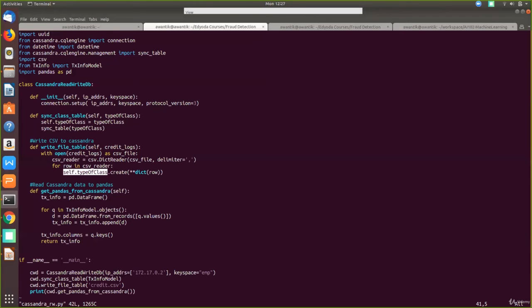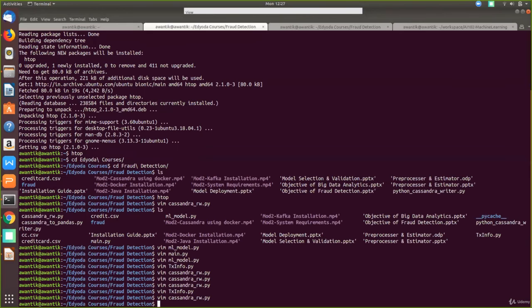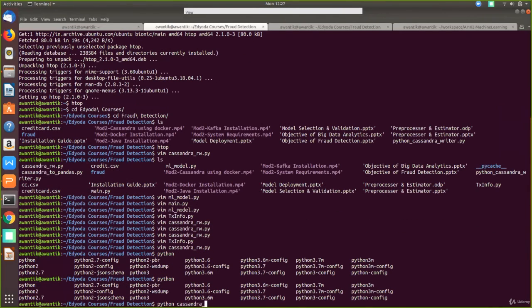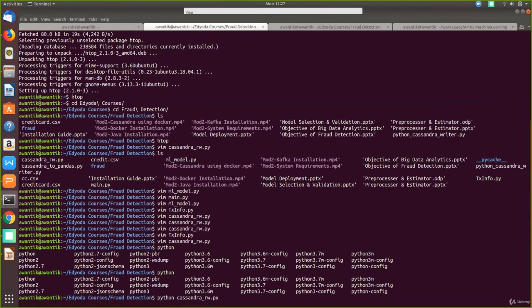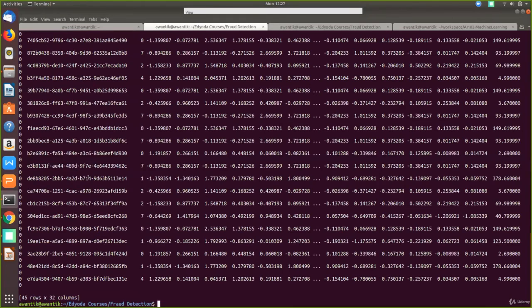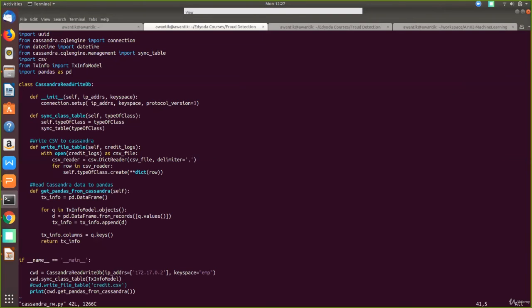If you execute this, since we have already synced the data, since we have already written to the database, I'll comment this part. I'll just show the read contents. Okay, you can see this is the data frame that it is reading from the database. This is the transaction ID and so on. This is all about this class. Of course, you can reuse this class multiple times, because sender can be different, receiver can be different. I just put everything in one code so that you can easily read, understand, and execute it.